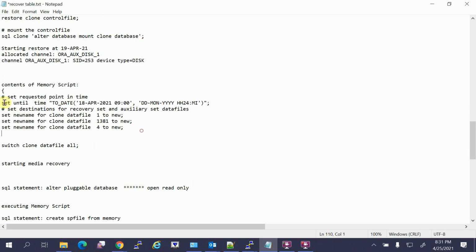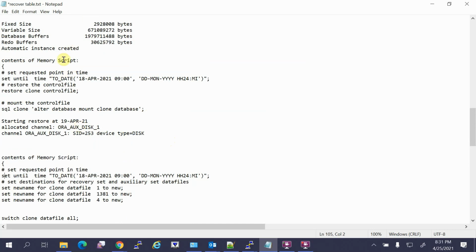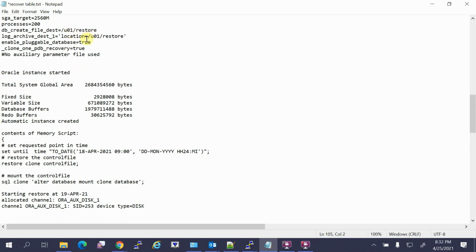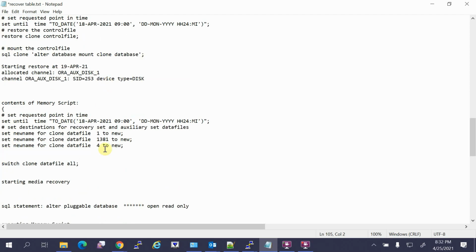Once the restore is completed, my control file is not aware of this new location. The control file is not aware of this U01 restore because my control file is aware of the original data file location. So it is automatically giving the switch command. What will this switch command do? It will update the control file with the data file names where it restored.